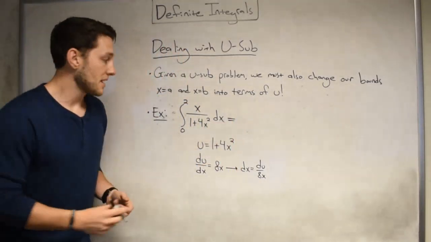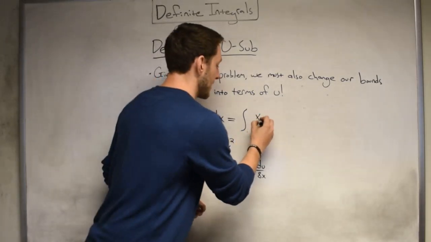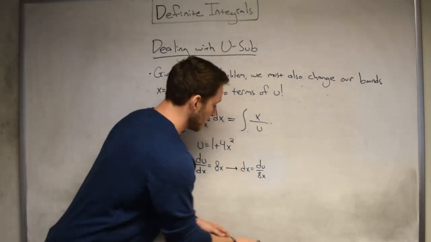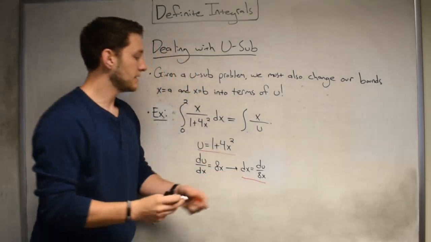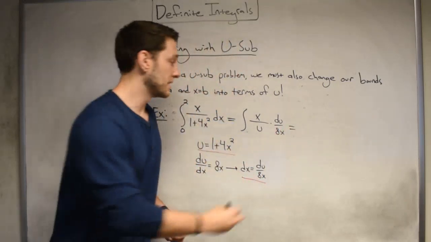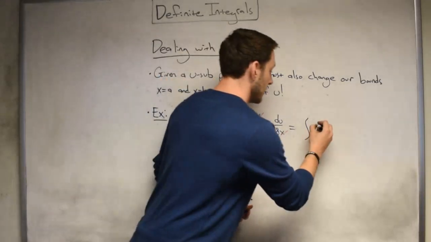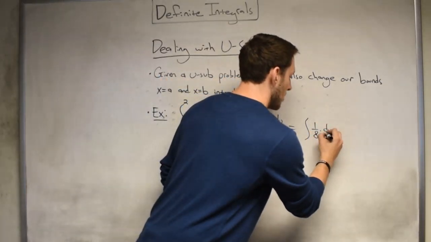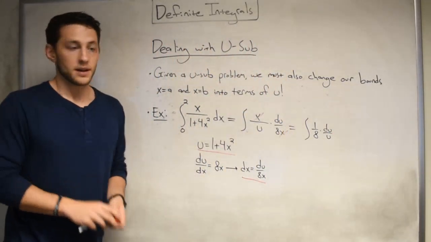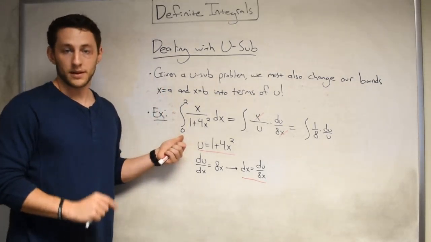Now, how we would proceed, compared to what we've been doing, is to plug in. I didn't touch the x on top. I called the entire bottom u, and then I subbed in for dx with this guy, dx equals du over 8x. Ultimately, what we'd have, once these x's cancel, is the integral of 1/8 times du over u. Now notice I've left off 0 and 2. These guys were in terms of x. I need them in terms of u. In order to do that,